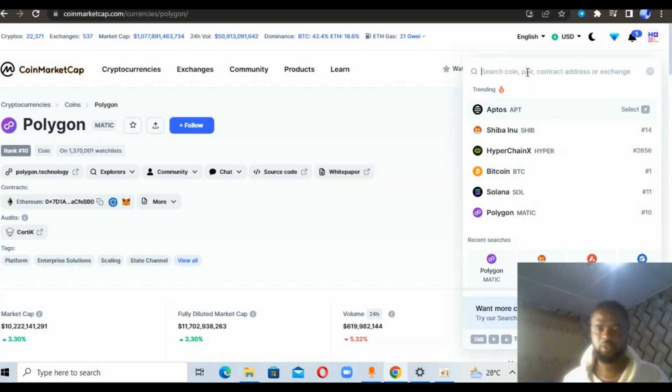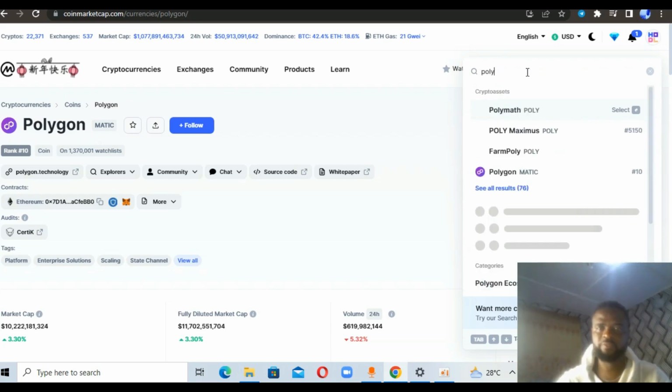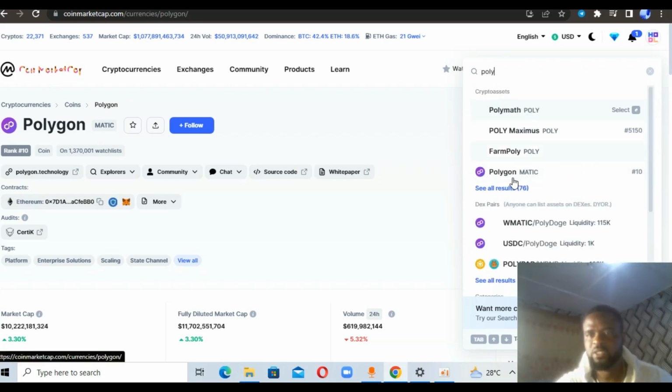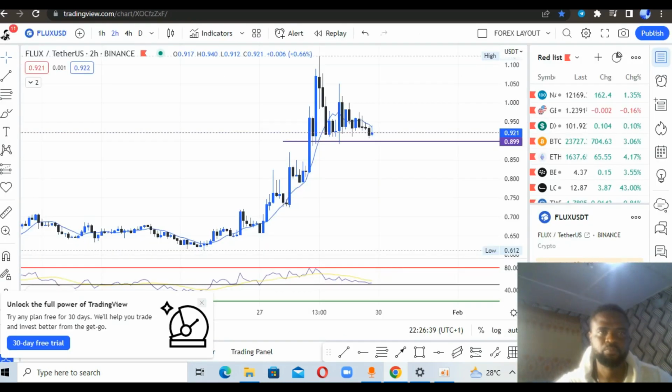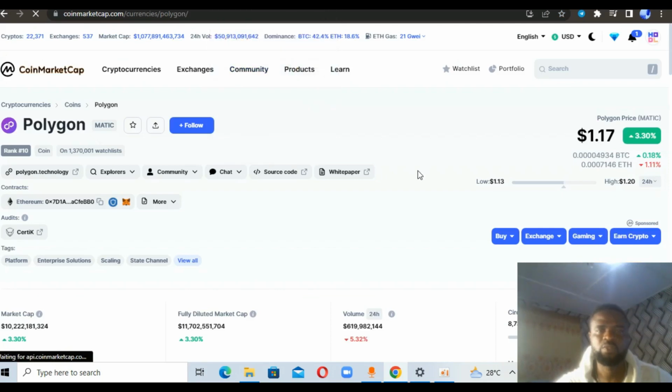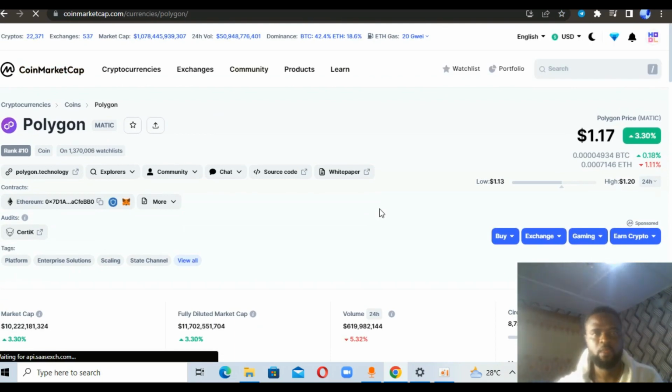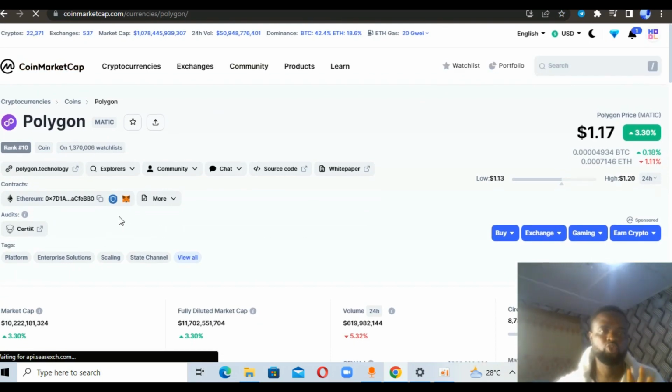Now, for the sake of this video, we are going to be searching for Polygon. We're already on the page, but just for the tutorial's sake, you search for Polygon, then you select the one you want, then it will take you to this page right here. So once the page is done loading, as you can see right now, you scroll down here